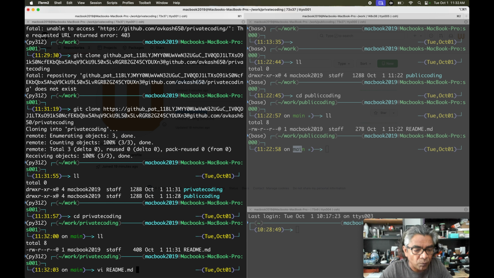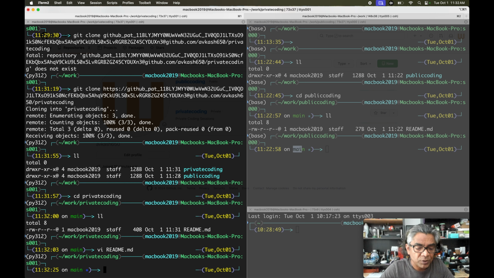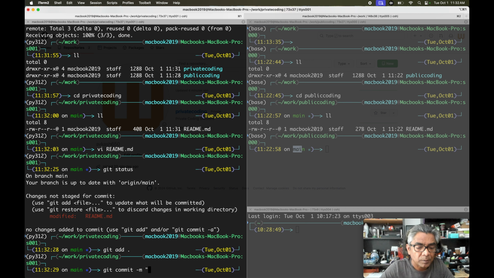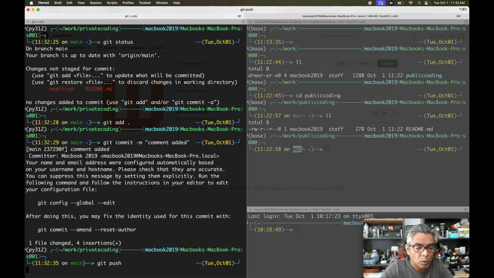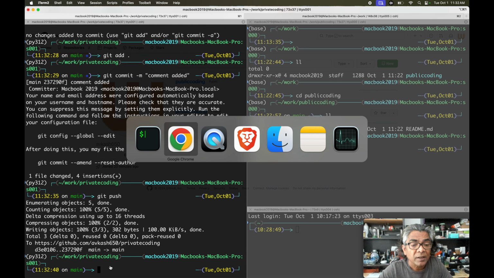We can say readme. Okay, I can add one more line here. You can say role here. Okay, added new line, saved, git status, git add, git commit, comment added, git push. We have access to both, but now we have 2 separate keys, and we have created a new